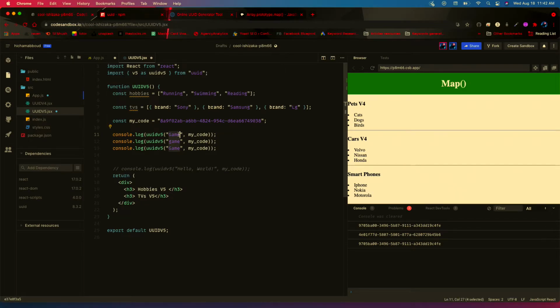So you see this game with uppercase, the first one and the third one, they have the same code, or the same ID, I'm sorry, as you can see here. It's the same exact thing, but this one has a lowercase g, so it did give me a different ID. Why am I saying this? If you have an array that has the same, like let's say in hobbies, for example, for some reason I have two elements with the same string, like running,